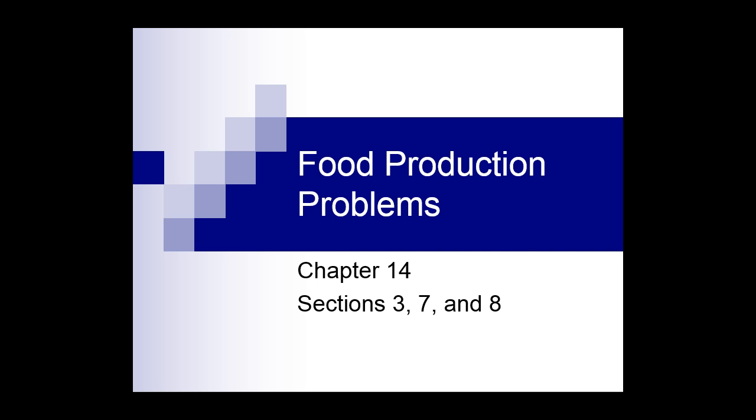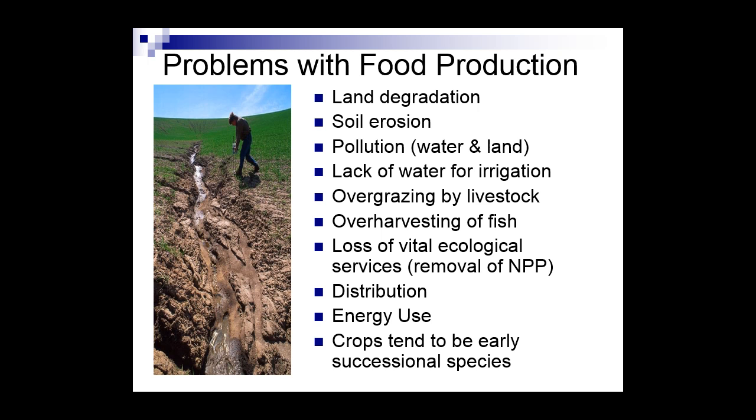Okay. So first, just kind of a general overview here. These are all problems that we are facing right now with food production. Land degradation. Land degradation is the natural or human-induced process or processes that decrease the future ability of land to support crops, livestock, or wild species. In other words, it's land that we can't use to farm and make food on anymore. All right? And that's a really big problem, especially if you have soil erosion, like in this picture. If your land is just washing away from you, it cannot be used.